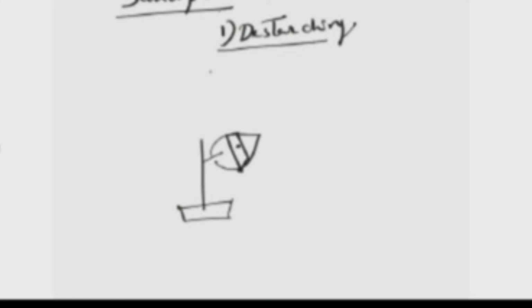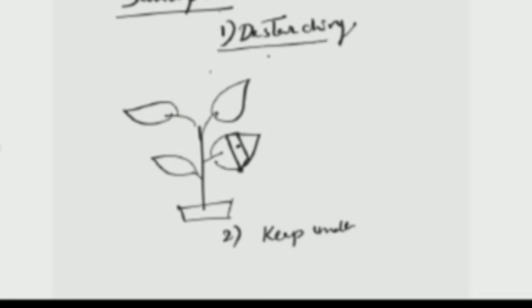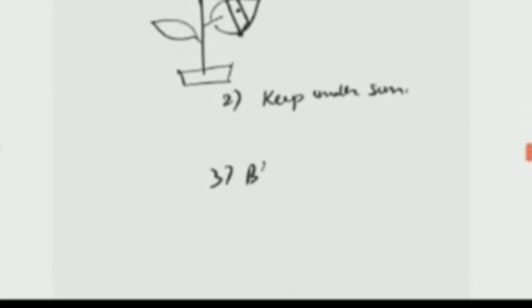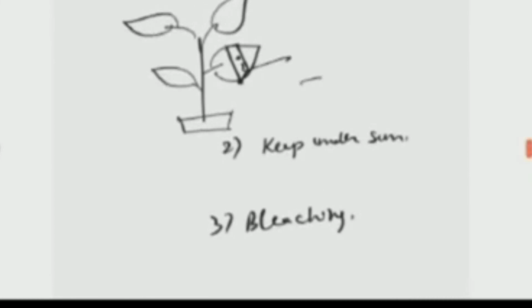And during the starch test, you will see that the part which is selected and covered with the black paper will show no change because no starch has been produced. So here is the activity. You have to cover the selected part of the leaf with black paper, and the same activities will be performed. You will see that after bleaching and after the starch test, there is no change in the part where the cover was kept. That proves that sunlight, which did not fall on this part, does not help the leaf for photosynthesis. Hence, sunlight is essential for photosynthesis.